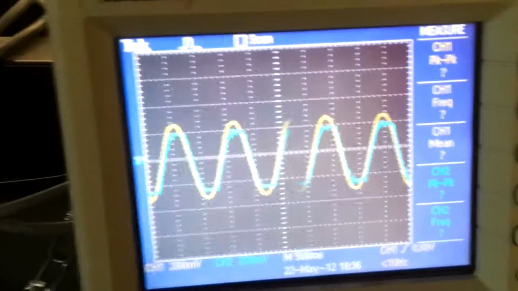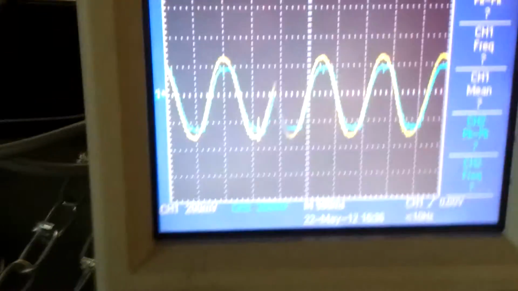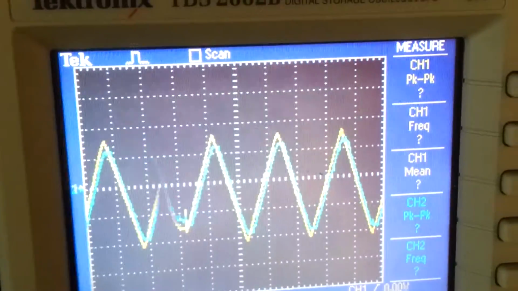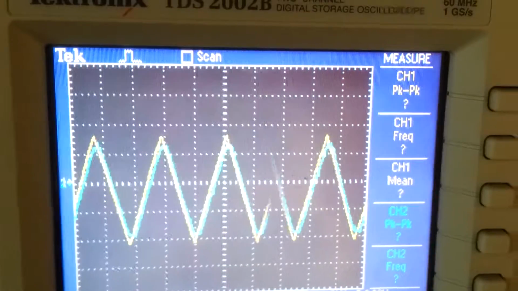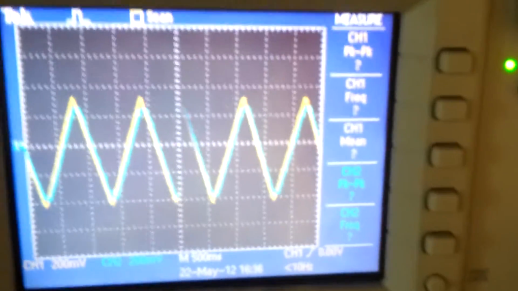And if I switch it to a triangle wave, I still get the same thing, and it still follows it very closely. And now if I switch it to a square wave,